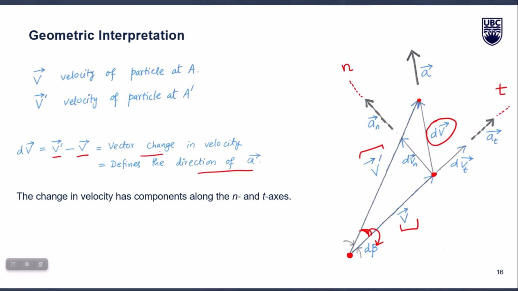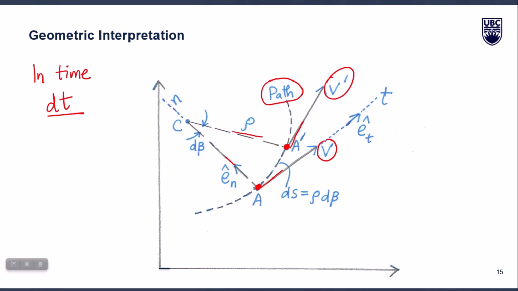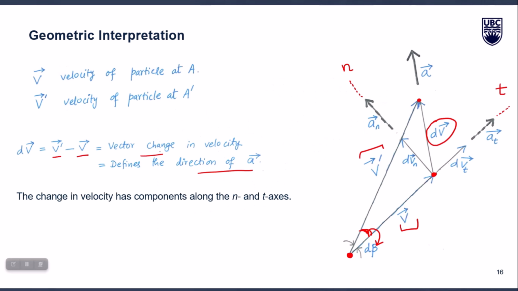This is positive n because it is towards the center of curvature, if you consider that last figure in mind. So any direction in this direction will be the plus normal direction, right? Now what we can do is resolve this dv vector into its two components, one along t, one along n, right? So what I am doing, I repeat, is resolving this change in velocity vector